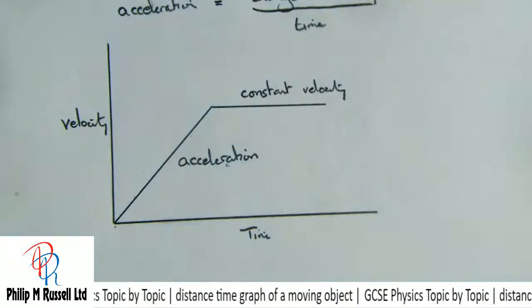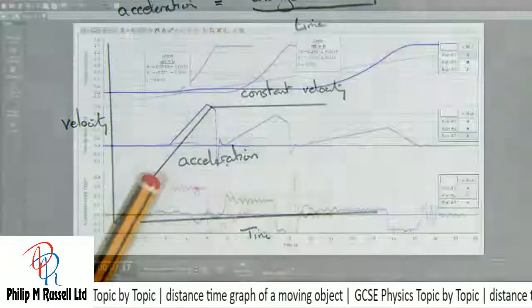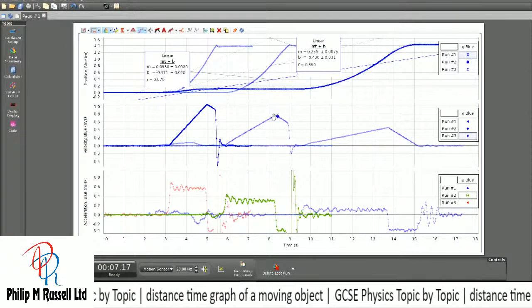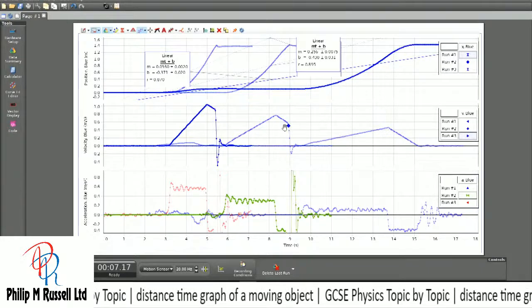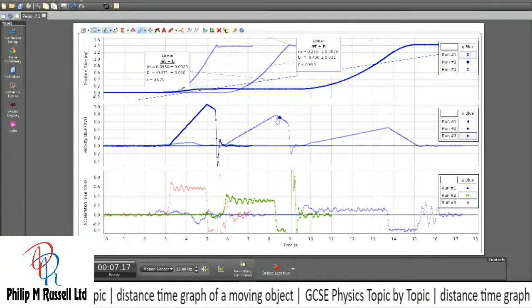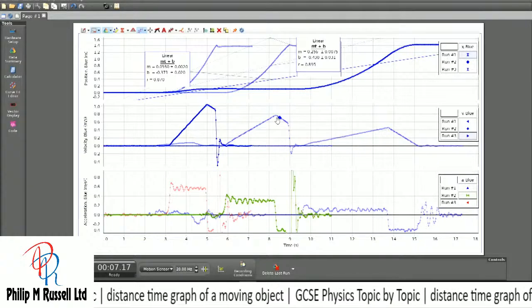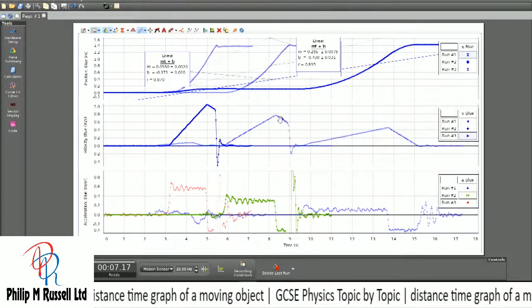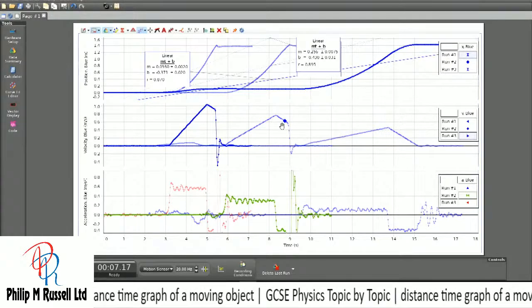And when we looked at my graph, we also had it going the other way, a deceleration. Once the mass had hit the ground, then the cart didn't stay at a constant velocity,